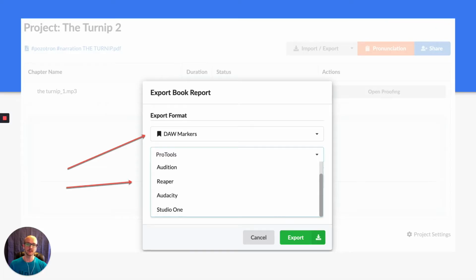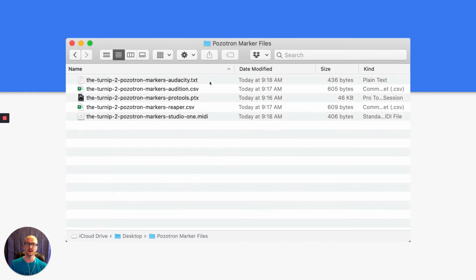In your main project folder, you can export DAW markers by hitting the export button, hitting DAW markers, and then seeing which of these 5 options you want. We're going to go over each of them. The files that you get are text files, CSVs, a PTX, or a MIDI file, depending on where you want